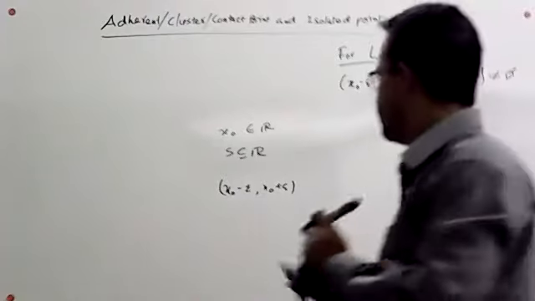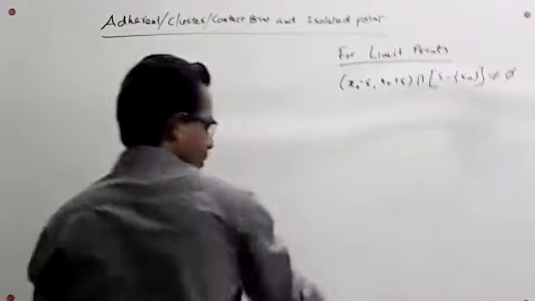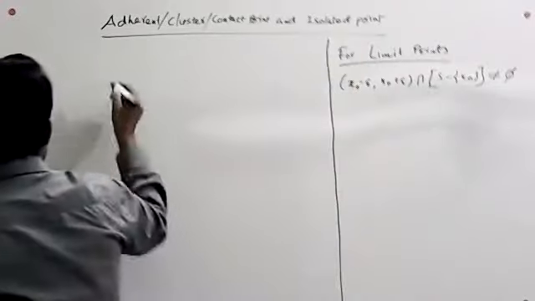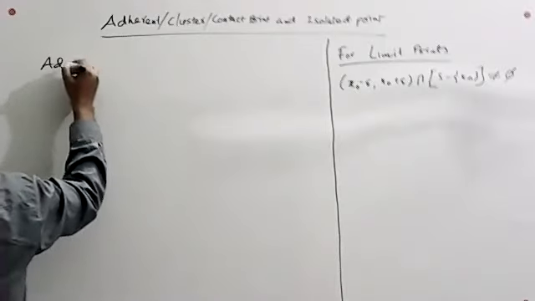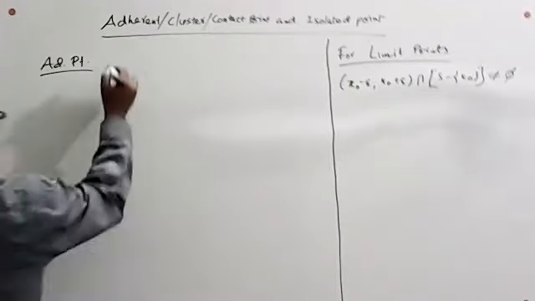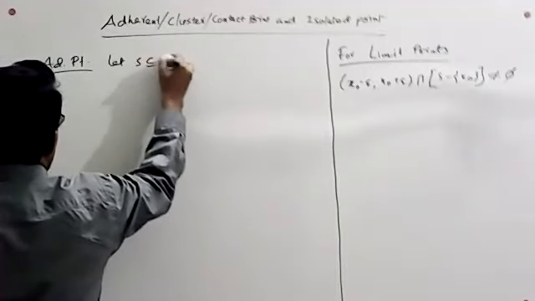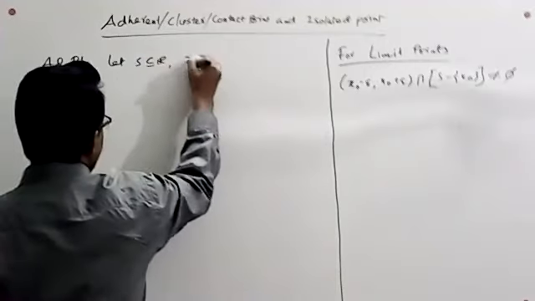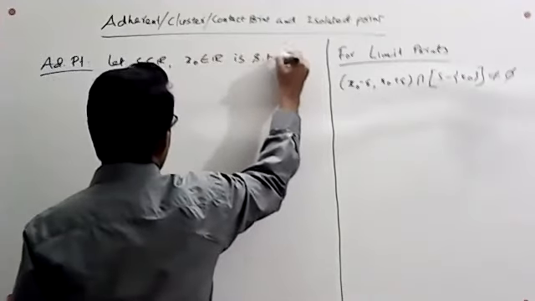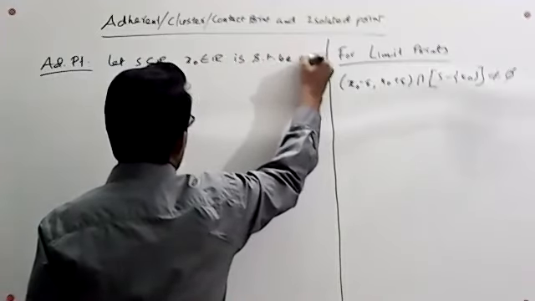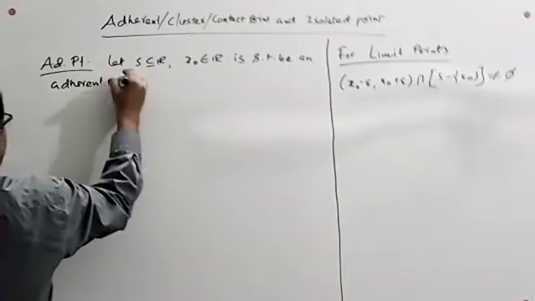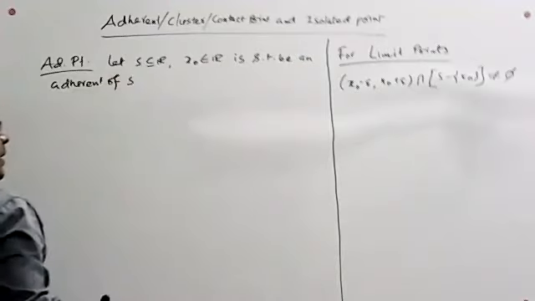Now we are going to define what is an adherent point of a set. So we take the definition of adherent point of a set. Let S be a subset of R. A real number x naught is said to be an adherent point of S if